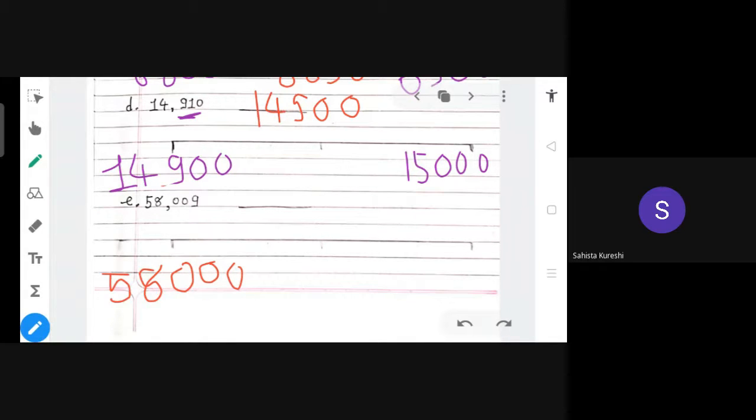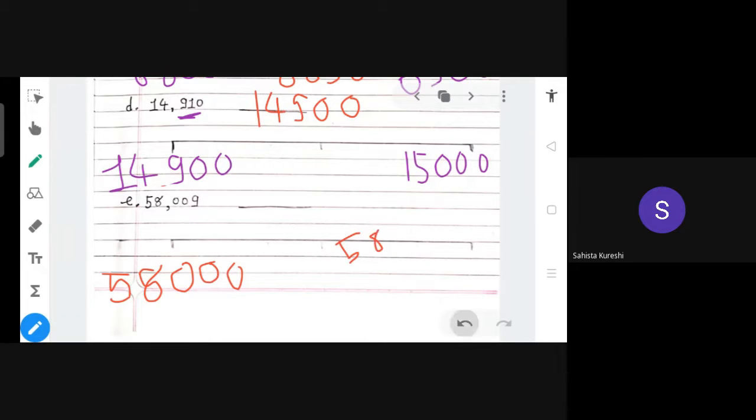So Misa, I was explaining, you have to think about the after number. 58,009, then 58,010, then 58,020 also you will get, then 58,030, then 58,040, then 58,050 also you will get, then 58,090 also you will get. But after that, which number will you get? I told you till 58,090.